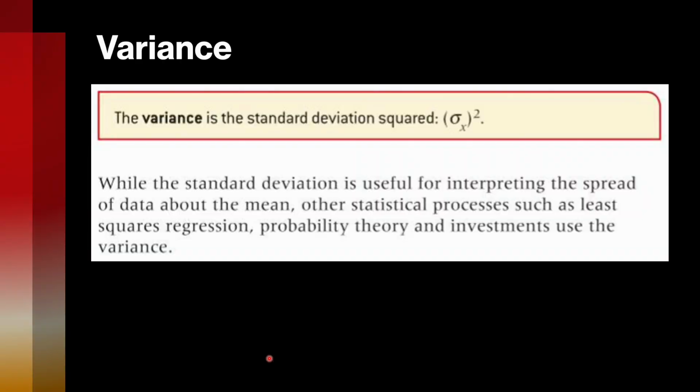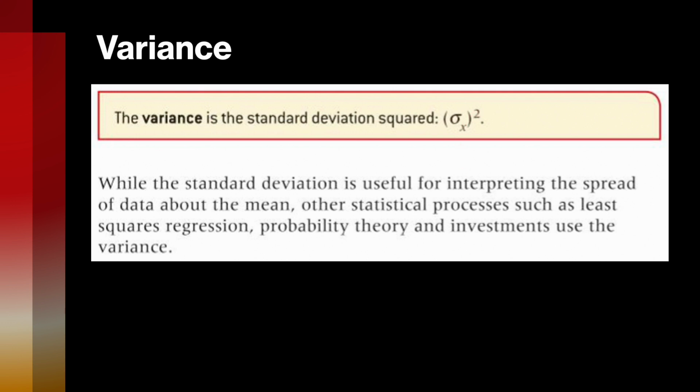So now we have the term variance. The variance is the standard deviation squared. While the standard deviation is useful for interpreting the spread of data about the mean, other statistical processes such as least squared regression, probability theory, and investments use the variance. So this is just another way to measure the spread. It's more of a specific use for certain things like it talked about here. So all we're doing is taking our value for standard deviation and squaring it,